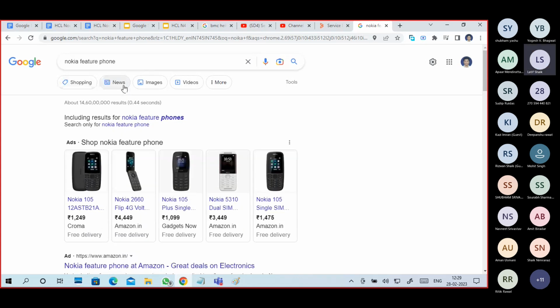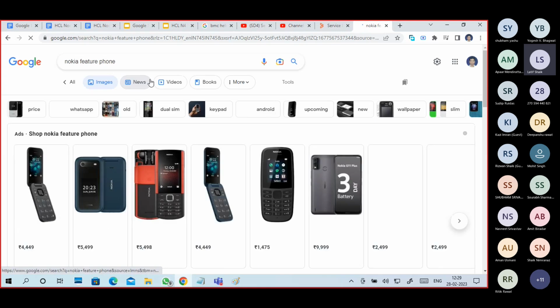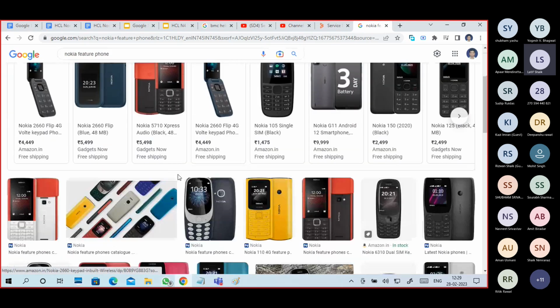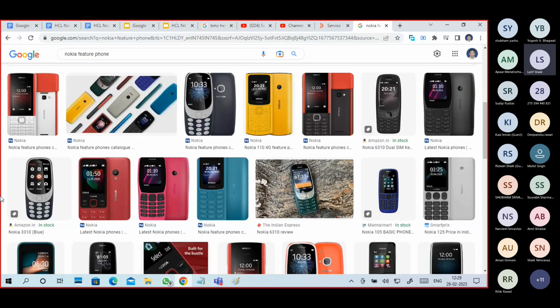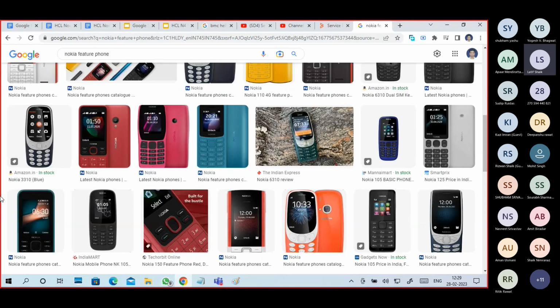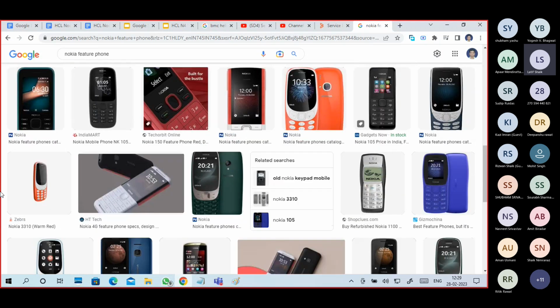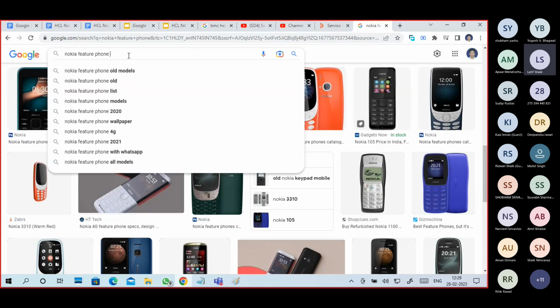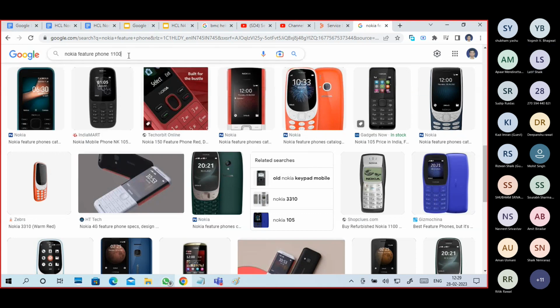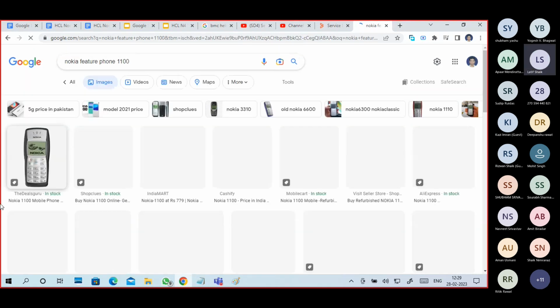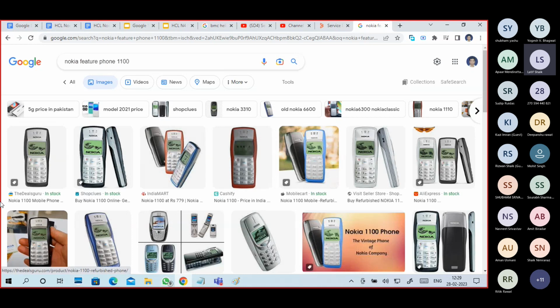That time Samsung was there, Motorola was also there. One or two Chinese companies also, only one or two. That many Chinese companies were not there at that time. Later only the Chinese companies came. So 3310, 1100, you know that became more famous. It's a suddenly famous mobile phone, the 1100 mobile.